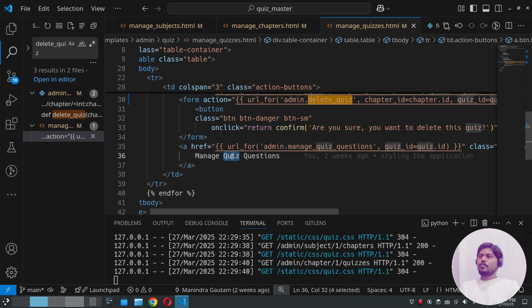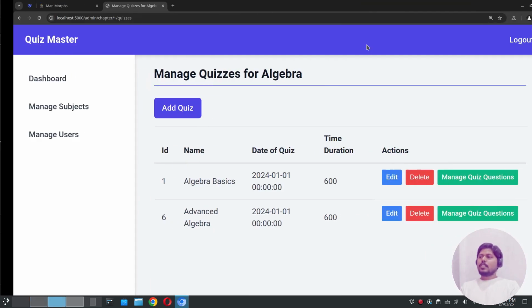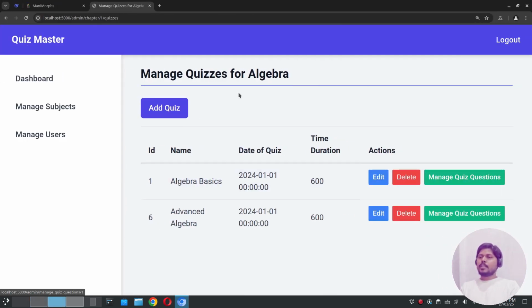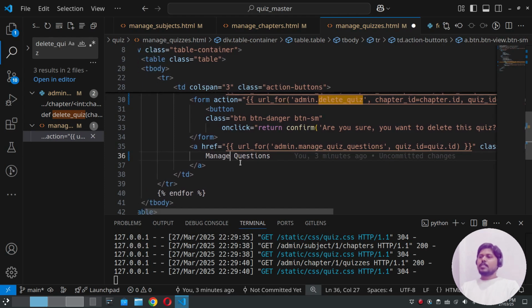So we have to make it manage questions only. This is inside the manage quizzes, okay? Because the manage quiz questions button is in the manage quizzes template, okay? So in the manage quizzes template, we have renamed the manage quiz questions to manage questions, and